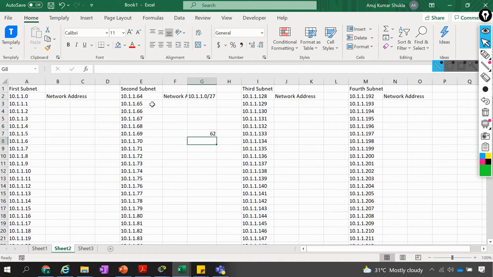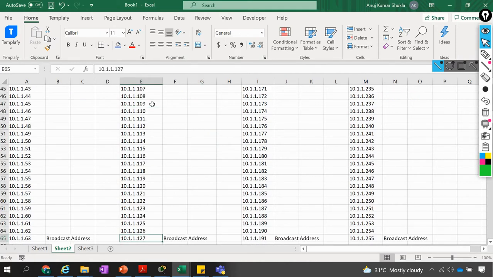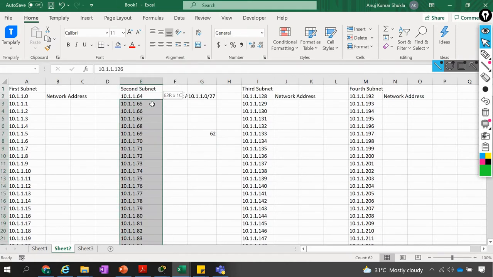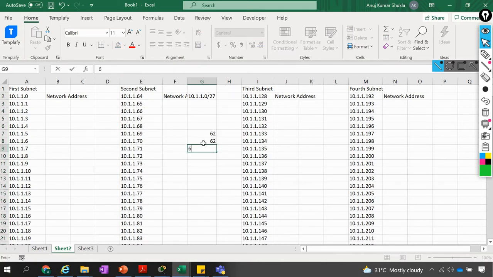The same thing happens on the second one: the same count of 62. So 62 on the second subnet, 62 on the third, and 62 on the fourth. In total we now have 248 usable IP addresses. Earlier we had 254.